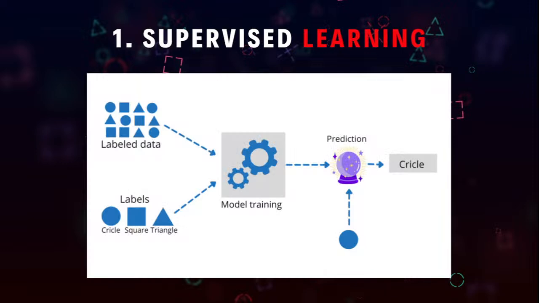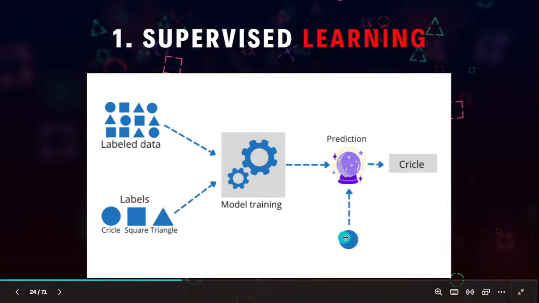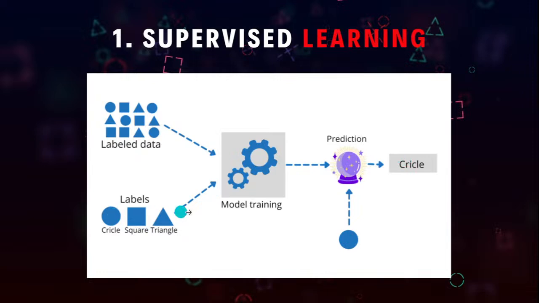We have something known as supervised learning. In the concept of supervised learning, you have data which is labeled. For example, this is my labeled data and these are my labels. We know that this is a circle, this is a square, and this shape is a triangle. So I have their labels and I have my data. I give it to my algorithm, so it learns that this is a circle, this is a square and this is a triangle. When I give a new image or a new shape, it predicts it as a circle because we have a label. So it just wants to map to either this or that or that.